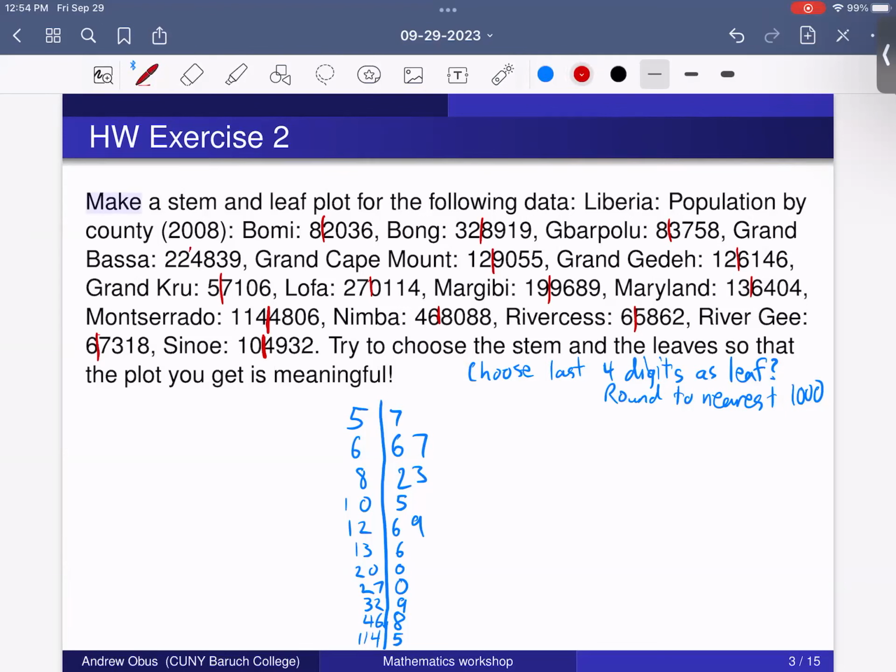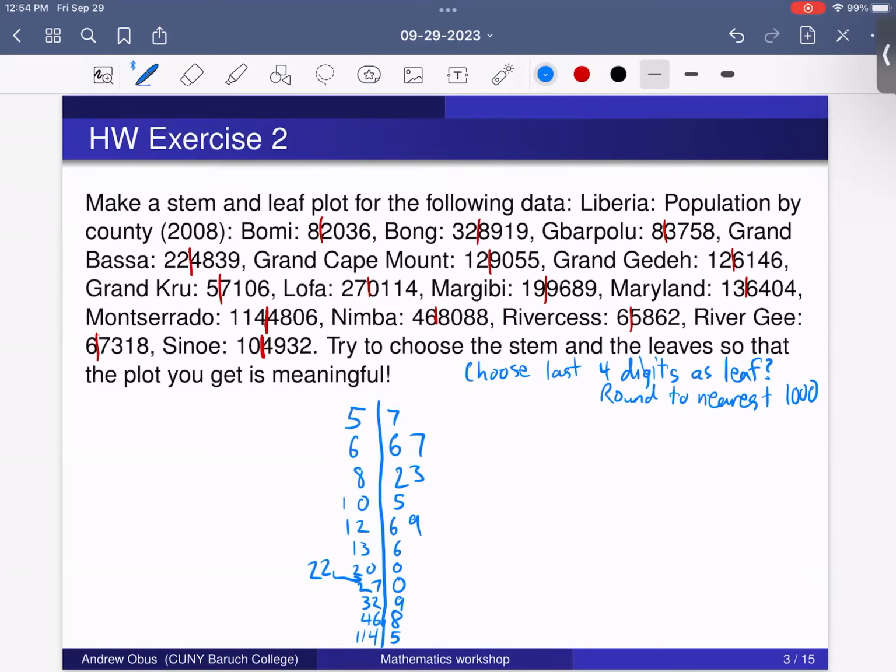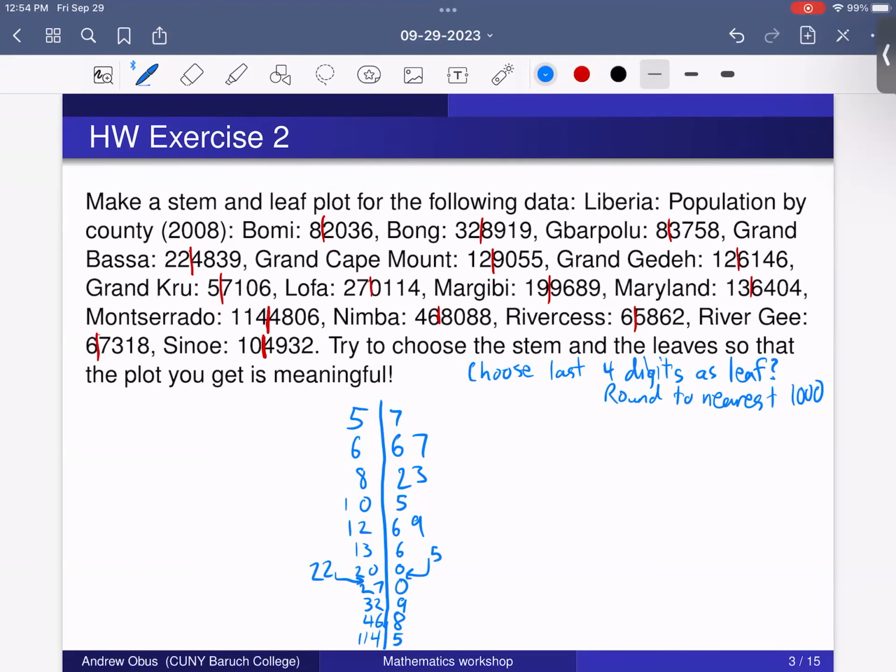So that's over here. So that's 225,000. Sorry, I have to add an extra space. I have to add an extra 22 over here with an extra 5 over here. Okay, so this is a reasonable choice, but the problem with this choice is that visually it doesn't look like